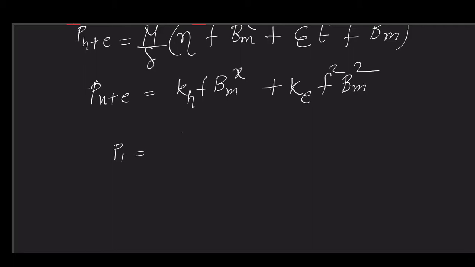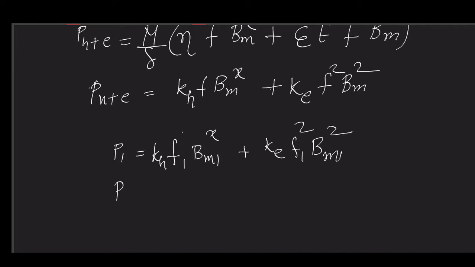So we will have KH f1 Bm1^x plus KE f1 square Bm1 square, and then P2 will be